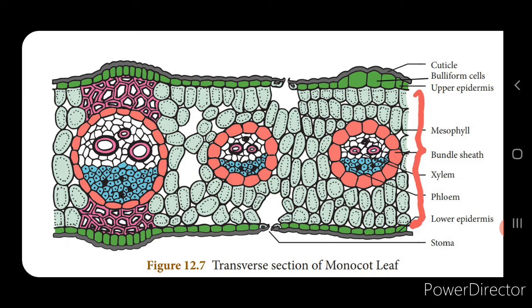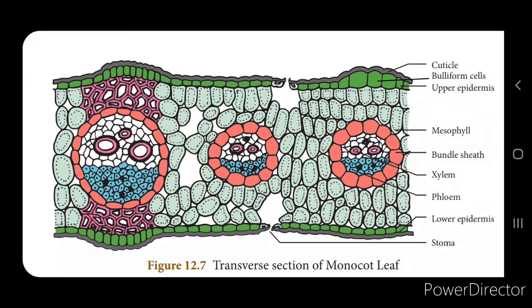And as in the case of the dicot leaf, this is not differentiated into palisade parenchyma or spongy parenchyma, but the cells are irregular, and here in between you can see the intercellular space, and these are helpful in the exchange of gases. This contains tiny dot-like substances inside the cell, isn't it? So that is the chloroplast, which helps in the photosynthesis process.